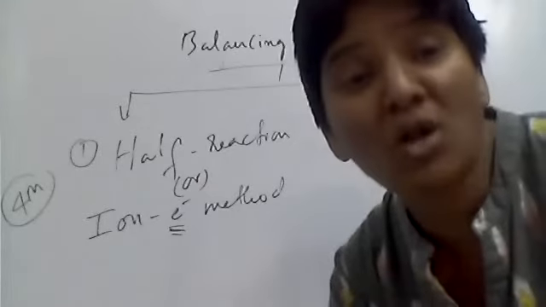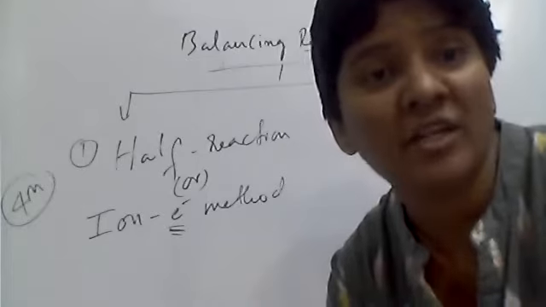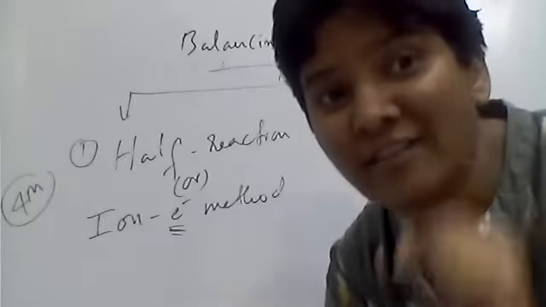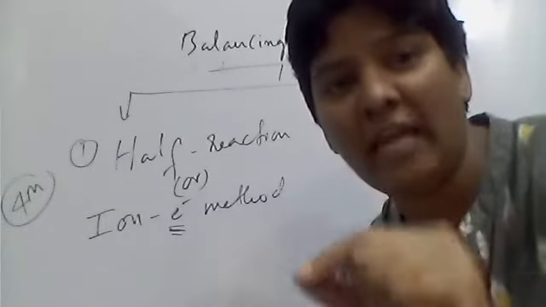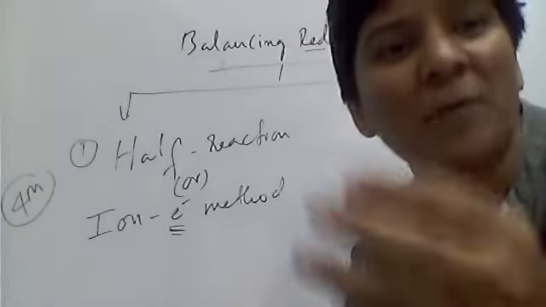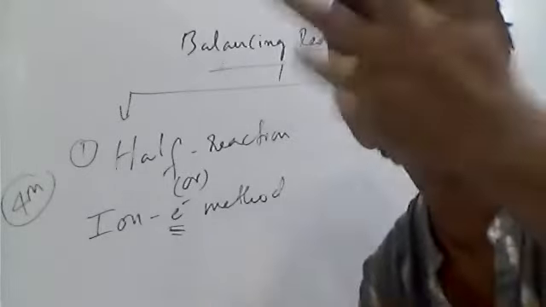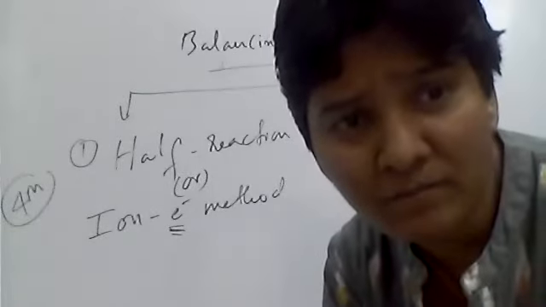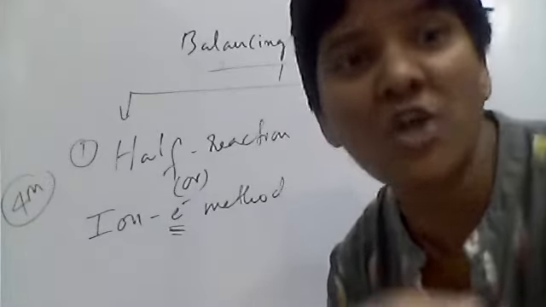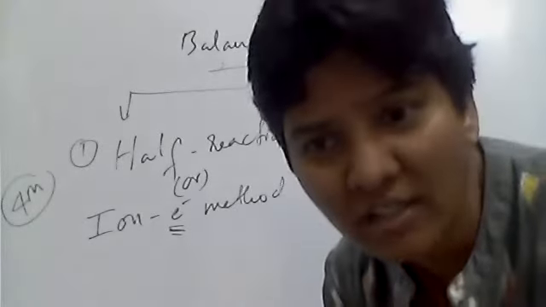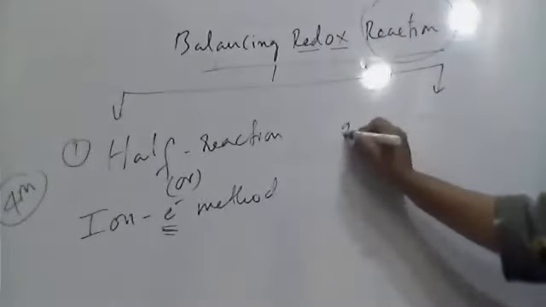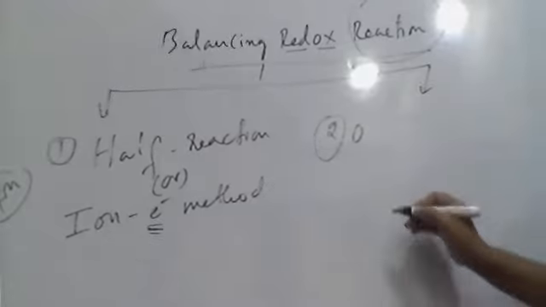But in competitive exams like NEET and JEE Mains, you are not submitting the worksheet. You're just bubbling the answers. In this case, you have to find a way where the problem is solved very quickly and you give the answer. So what do you need, beta? A shortcut, yes or not? You need a shortcut method, and the shortcut is the second method, that is the oxidation number method.